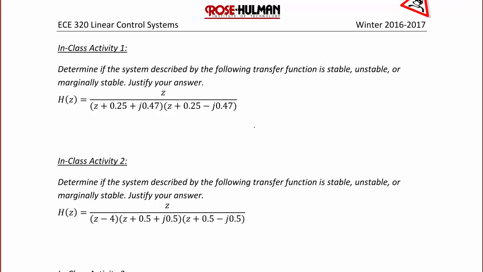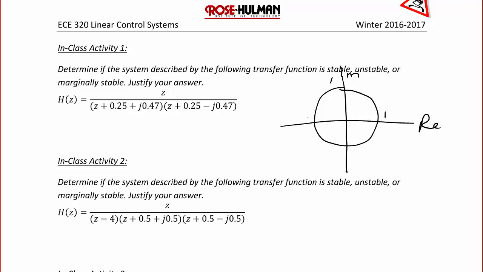In class activity 1, determine if the system described by the following transfer function is stable, unstable, or marginally stable, and justify your answers. So we have z over z plus 0.25 plus j 0.47 times z plus 0.25 minus j 0.47. So if I make a plot on the real and the imaginary axis,